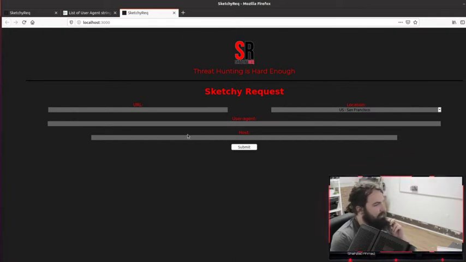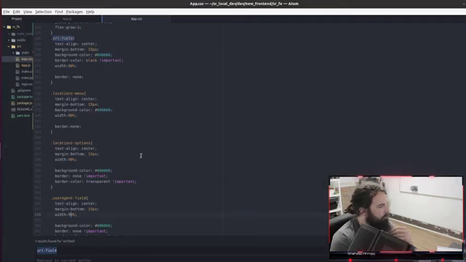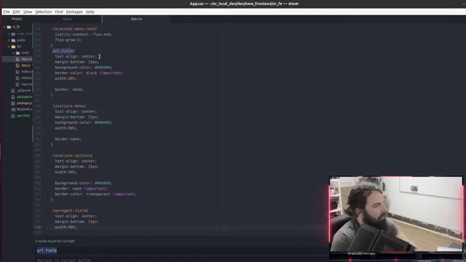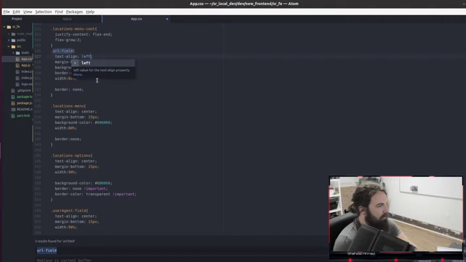Move everything to the left and left justify it. Let's see what that would look like. Text align. We move everything to the left and see what it looks like.